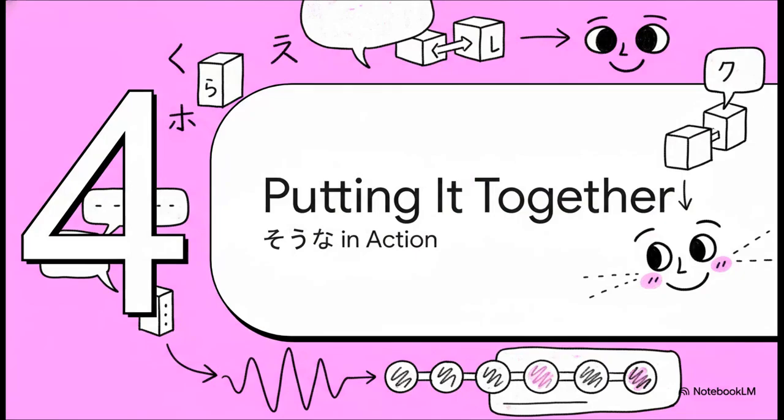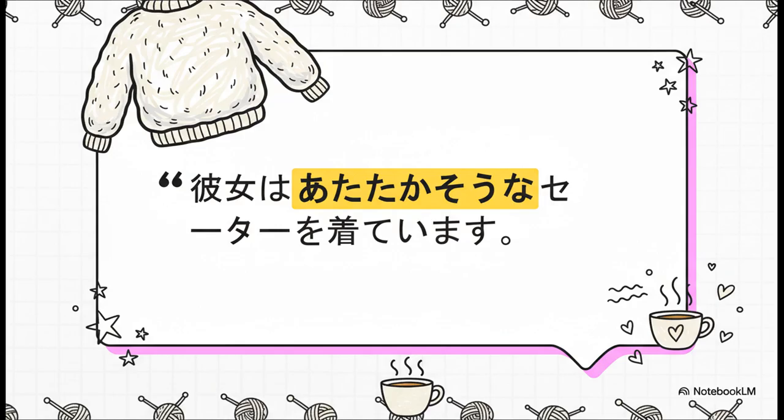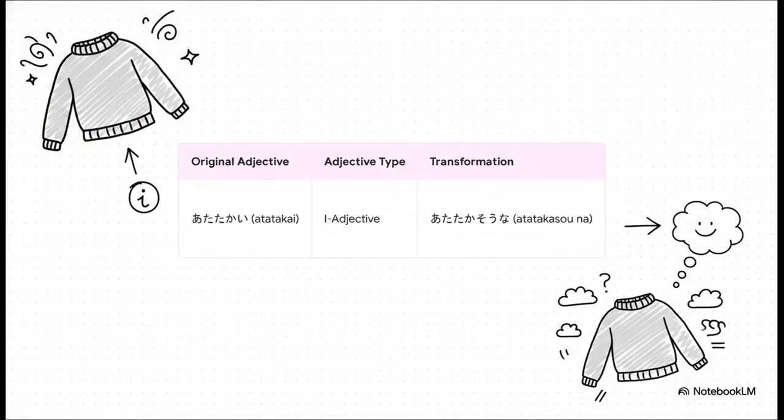All right, so we've got the building blocks down. Now let's see how they actually fit into natural, complete sentences. This is where the grammar really starts to come alive. Here's our first full example. Imagine you see someone and they're wearing this really thick, cozy woolen sweater. Now you don't know for a fact that it's warm, but it sure looks like it, right? This is the perfect time to say, 彼女は暖かそうなセーターを着ています。